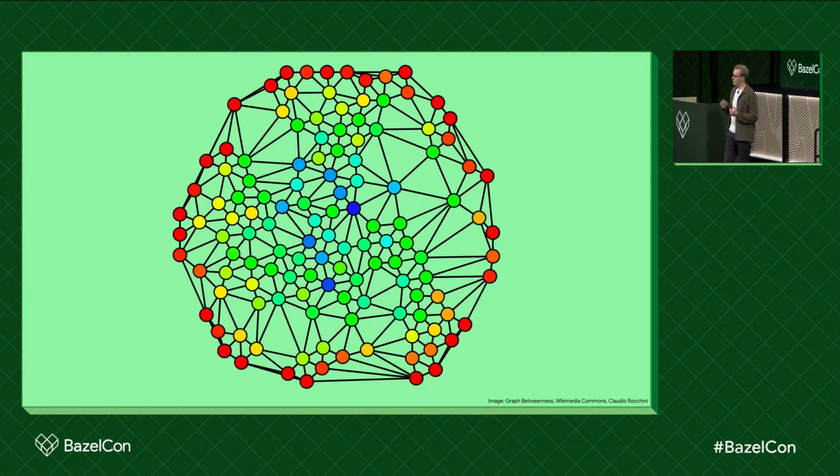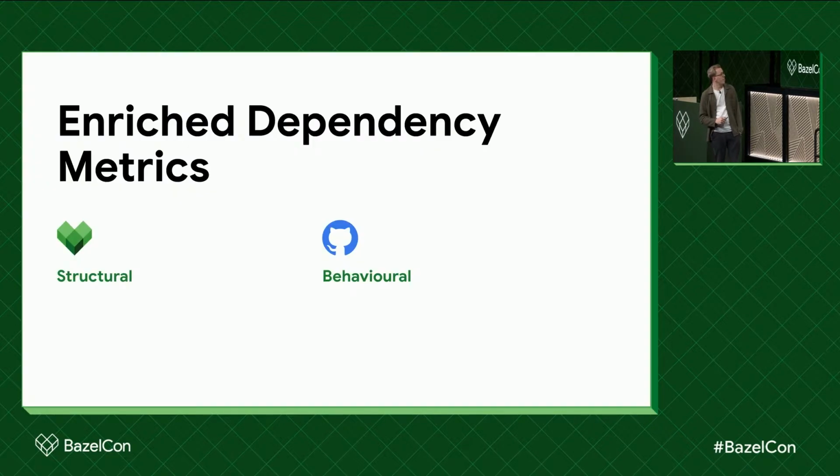And over the last 50 years or so, this has grown into a whole research field with a whole lot of methods and tools in order to understand this structure and which certain pieces of it are most important. And our dependency metrics that we will be speaking about today are an application, an extension of these types of graph analysis tools into the realm of software development so that you can make sense of it and draw conclusions for our dependency graph.